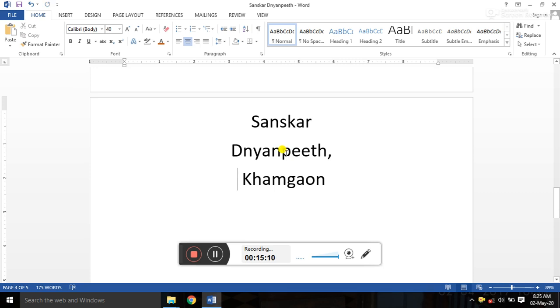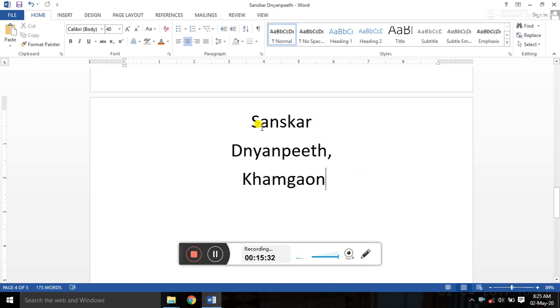To take that text onto a new line, I have to press the Enter key at the end of a line, or from where I want to cut that text or copy that text onto the next line. Now see here, I type Sanskar Nanpit Khamgaon, 3 different words on 3 different lines, right?